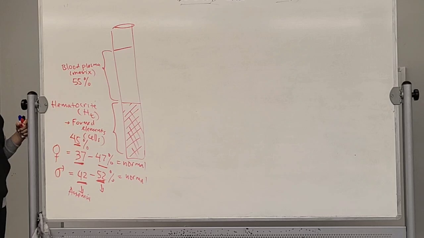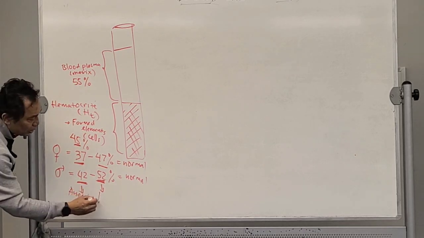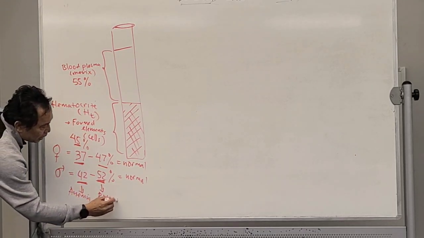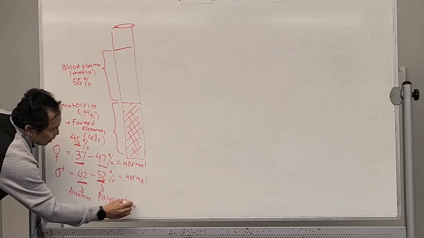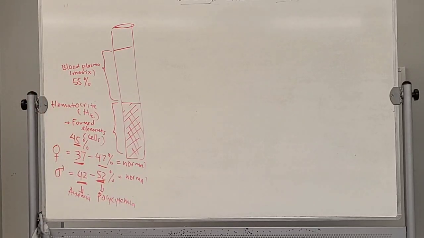You also have a problem with your circulation. Your blood is going to be very sticky because there are too many cells in it. That condition is called polycythemia. It's very, very sticky blood. Some athletes sometimes do blood doping. You get this one? They are actually injecting their own blood.